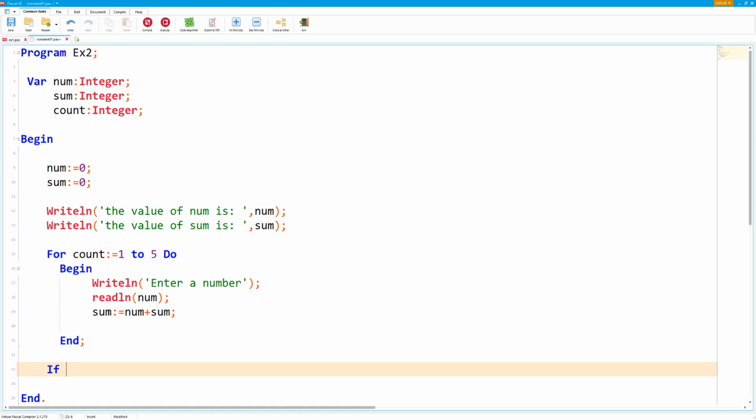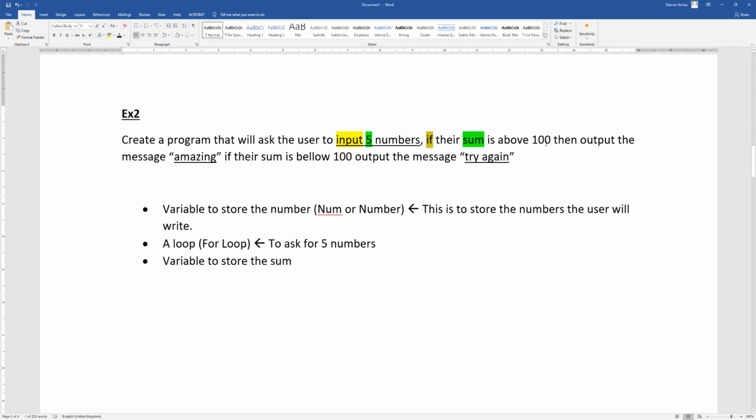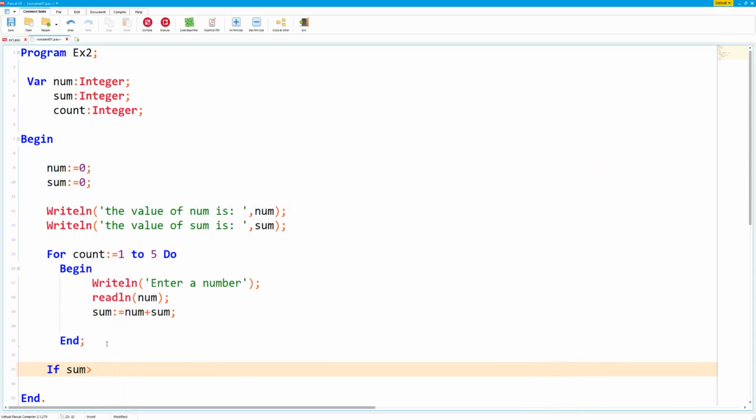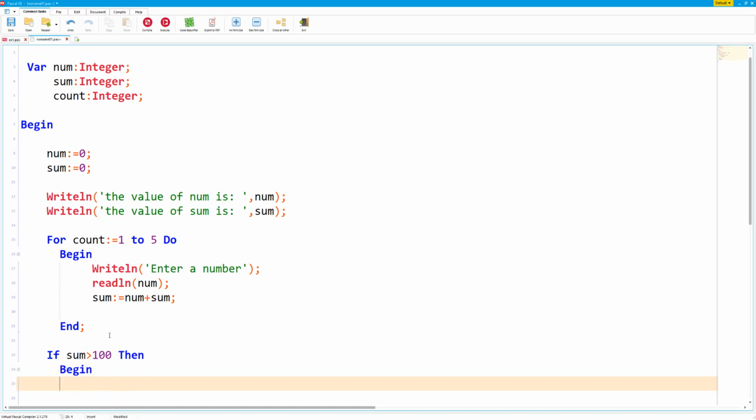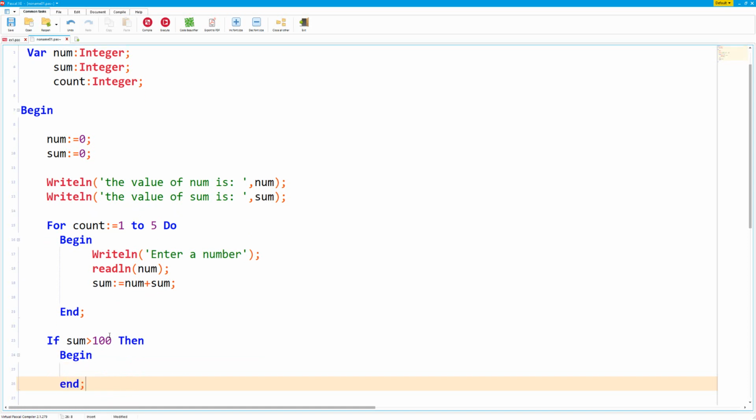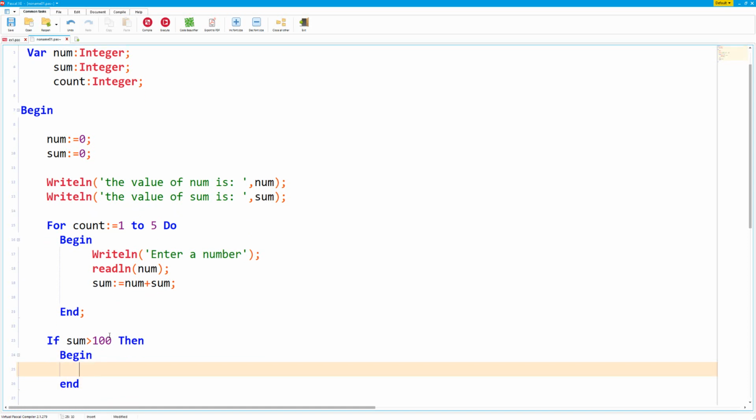and we need to check if the sum was greater than 100, above 100 and below 100. So if the sum is above 100, then we need a begin and an end statement. Whoops, like so. And we're going to write ln, and we're going to say amazing,